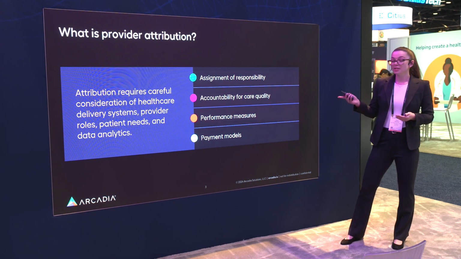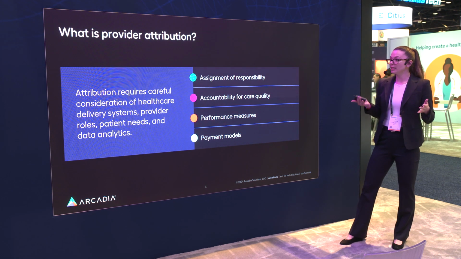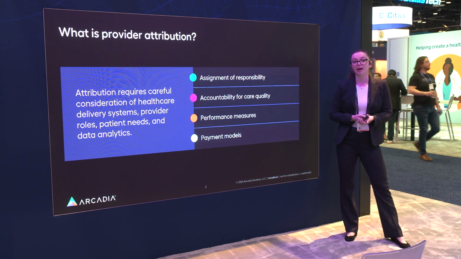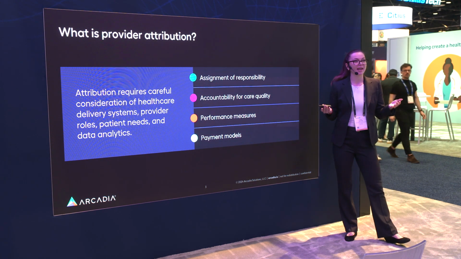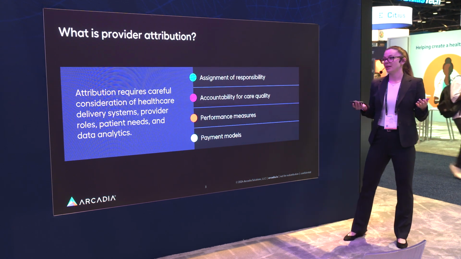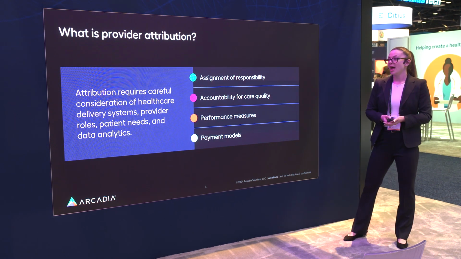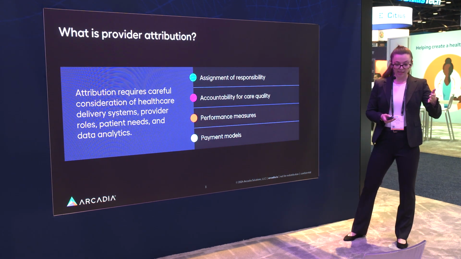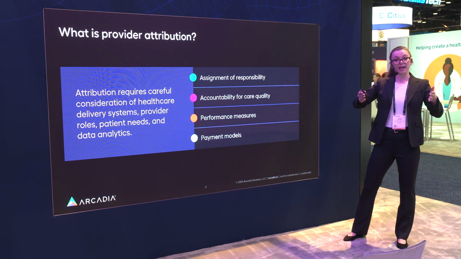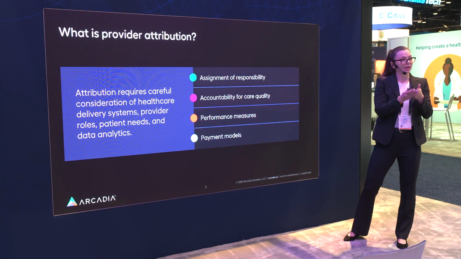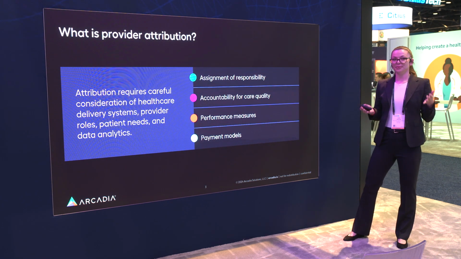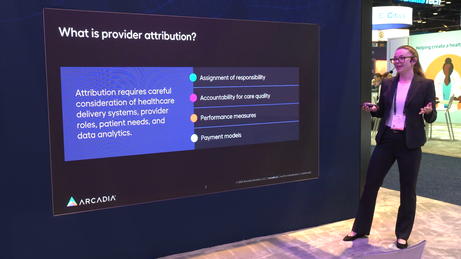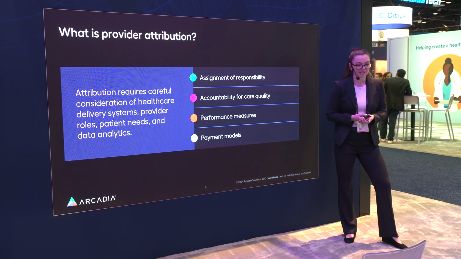What we've got across the right-hand side here are what we consider to be just some of the key pillars of attribution. First and foremost, it's pretty intuitive, but attribution is fundamentally about assignment of responsibility, right? I've got one specific patient, and I need to think about what one specific provider is best suited to align with that patient and take on responsibility for their care. Sounds straightforward. It's a one-to-one alignment, but in reality, it's not straightforward at all,